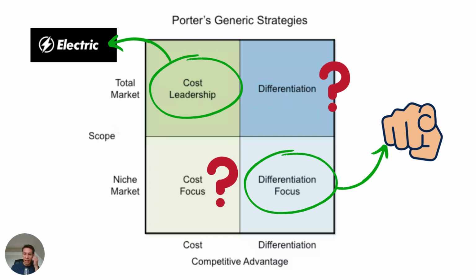So what I mean by that is, well, let's look at the other two that are also on there that I'm saying is probably not the best idea. So there was differentiation for the total market. I think that's very difficult for most of us to consider